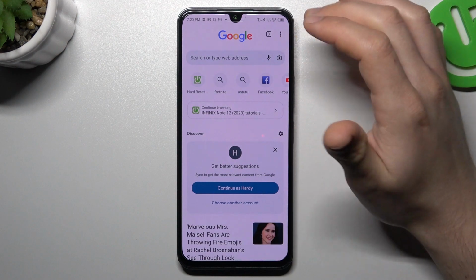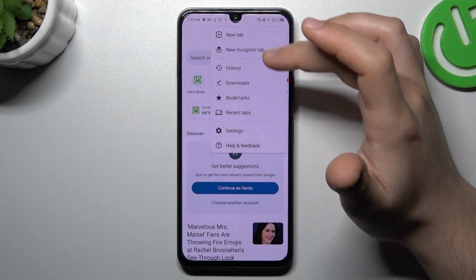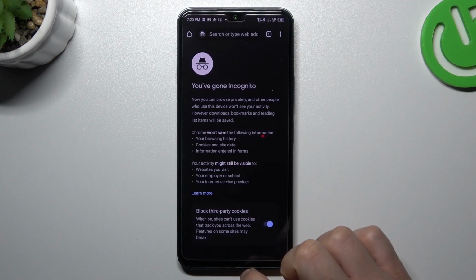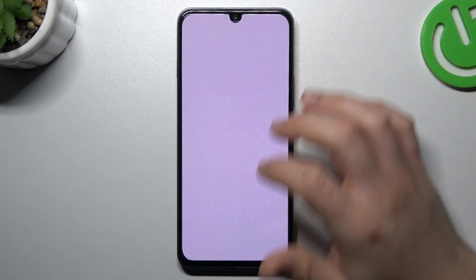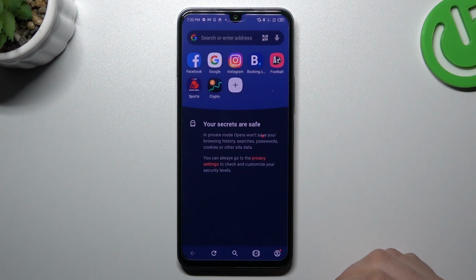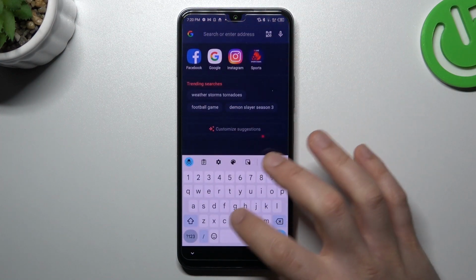Next one, Chrome. Click here on the three dots icon, or arrow icon if you have any update available, and choose the new Incognito tab. And the last one, Opera. Click on the tab icon, switch to private, and add a tab. And now your history, cookies, files, completed forms, even the words from the keyboard